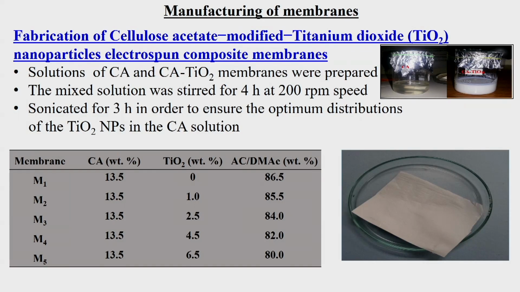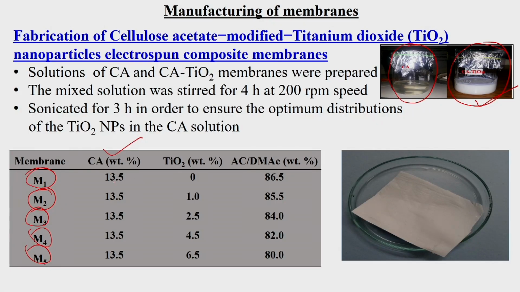Okay, so for that case, suppose this is the cellulose acetate solution and this is the cellulose acetate titanium dioxide solution. The mixed solution was stirred for 4 hours at 200 rpm and then sonicated for 3 hours in order to ensure the optimum distribution of the TiO2 nanoparticles in the cellulose acetate. And then we can use this for the fabrication of different membranes like M1, M2, M3, M4, M5,